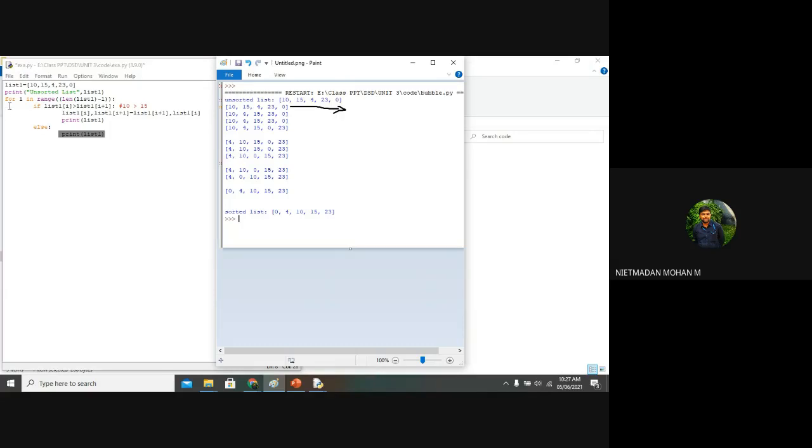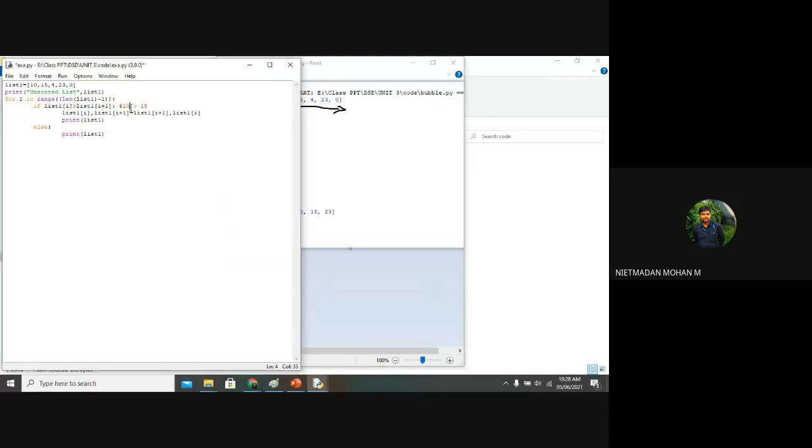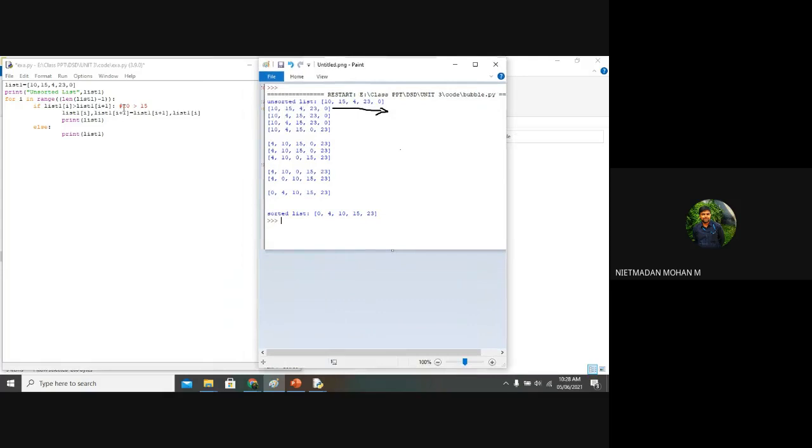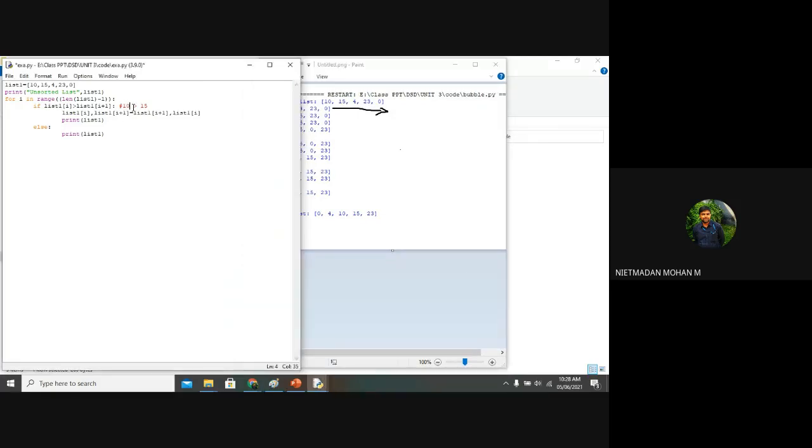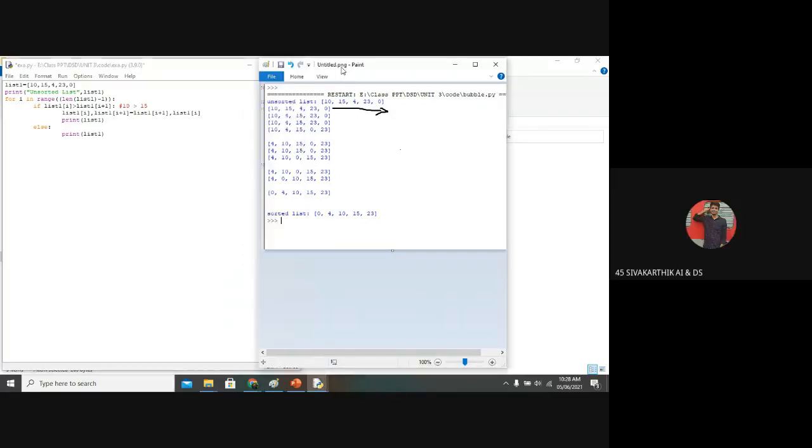So again, it will go to the for loop. What is the for loop statement? Till the range we have given, the for loop will be executed. So now i was 0, and now i will become 1, right? So it will check whether list1[1] is greater than list1[2]. What is list1[1] here? 15.